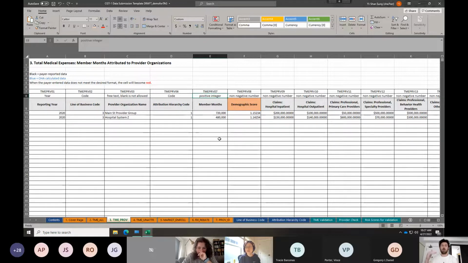So if we set a minimum bar of 10 member months to include on the TME Prov tab, everything else moves over to the unattributed tab, because we can collect a little bit more data there and make that TME Prov tab a little bit skinnier, maybe a little bit more manageable for everybody. I think there might be some utility there. I'd be interested in everybody's thoughts on that, and maybe that would alleviate some of the questions we'll be getting about member months and some of the difficulty we had this past submission. We can talk more about that later, but that's just a little preview. I would like everybody's thoughts on that if anyone sees a problem.